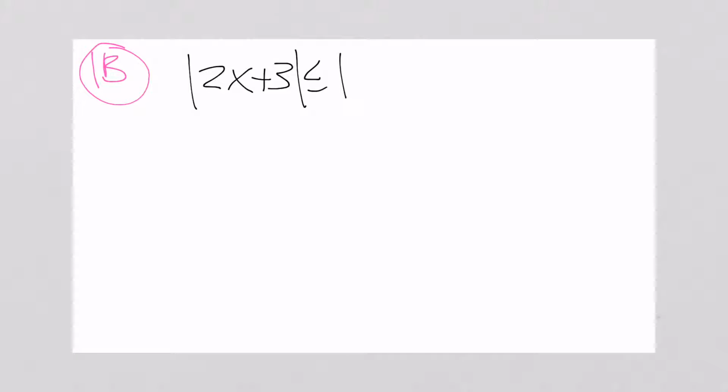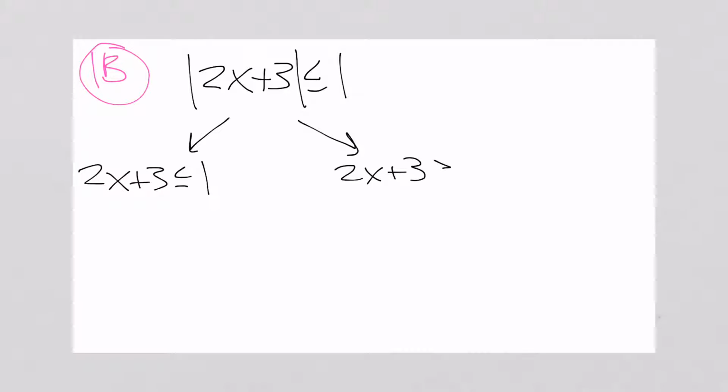Problem 1b, still want to solve for x. This time we're dealing with an absolute value inequality, which means we need to split it up into two separate inequalities. A positive version that looks exactly the same except it doesn't have the absolute value, and what I will refer to as a negative version where the inside of the absolute value is the same, but we flip the